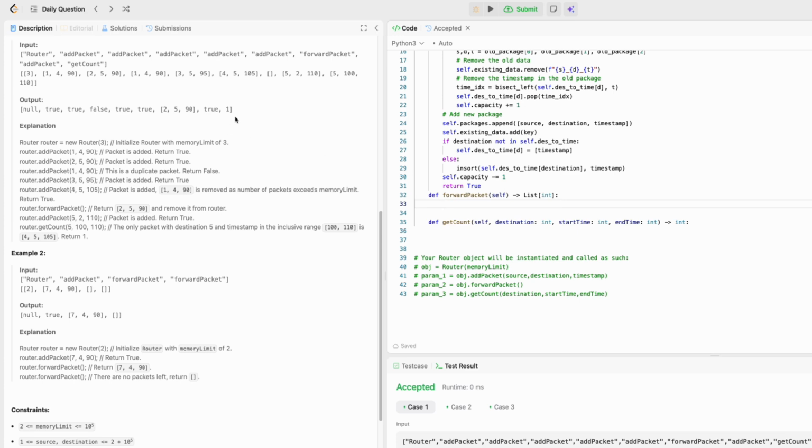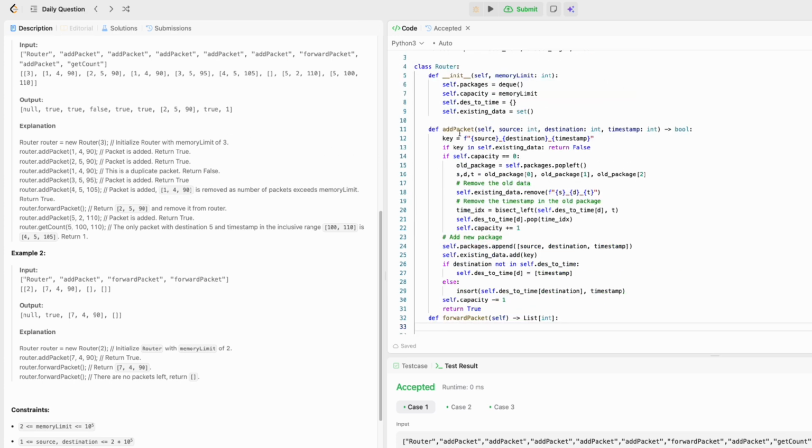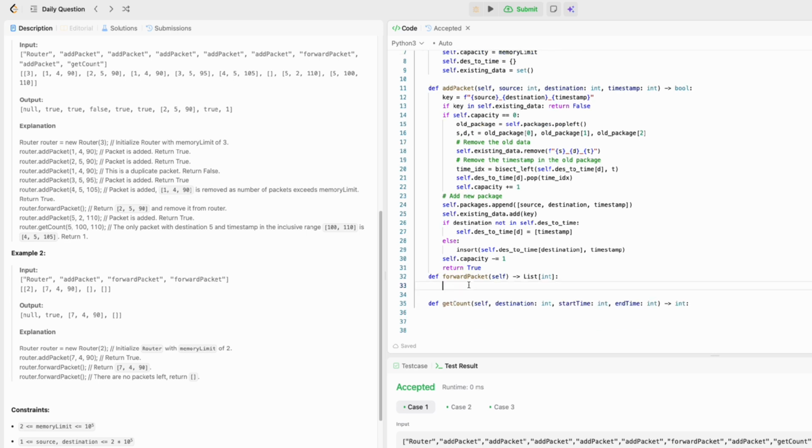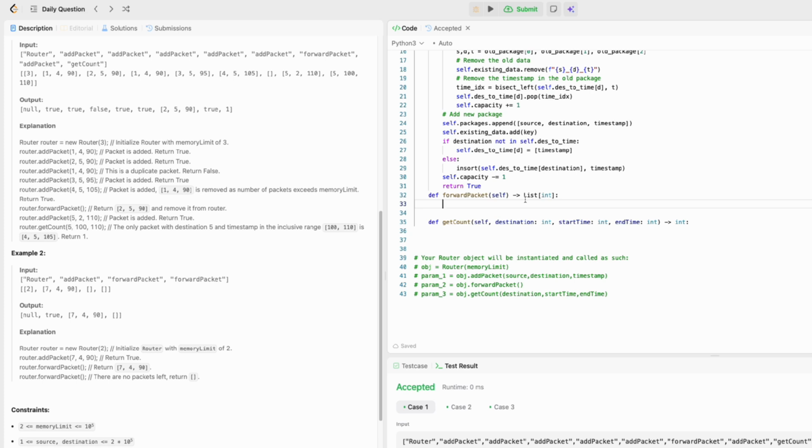yeah, so this one is the packet, not package. Okay, so I think that the name in here is not a good name. So yeah, this is a typo. Okay, so not a good naming convention. Yes, this should be packet. Okay, so let's assume that the name is correct, and then we need to do the forward. So